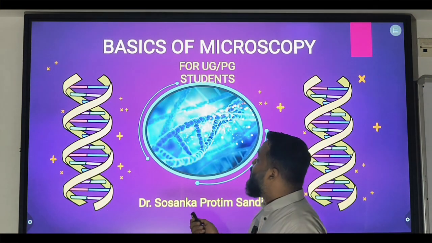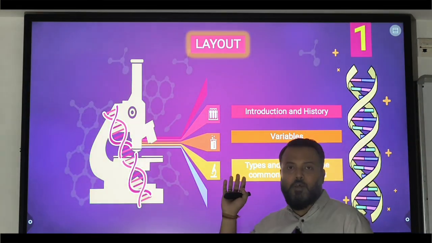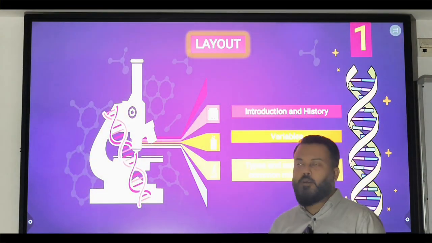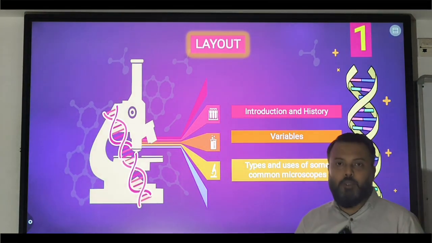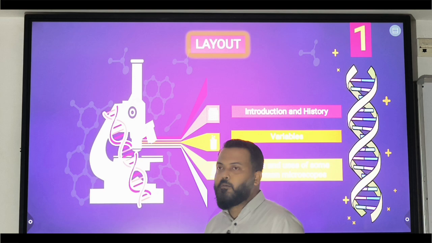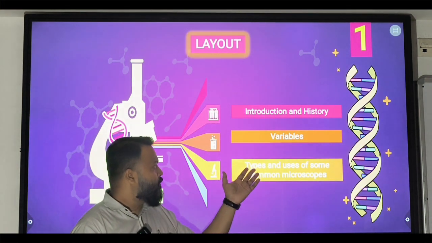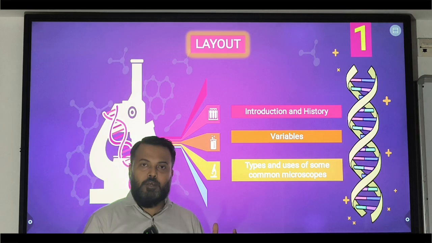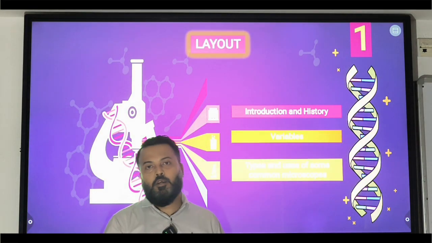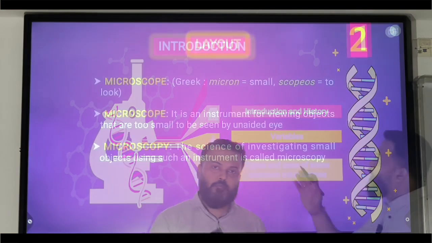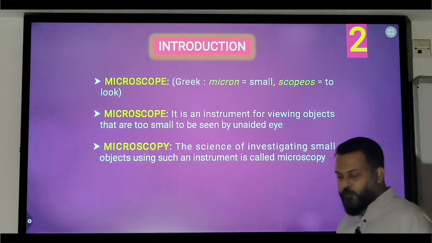So today we will be mainly discussing the introduction to microscopy and its history, followed by the variables that are used in microscopy, and lastly, we will be discussing different types and uses of some common microscopes that are generally used in research laboratories. Now, while introducing microscopy,